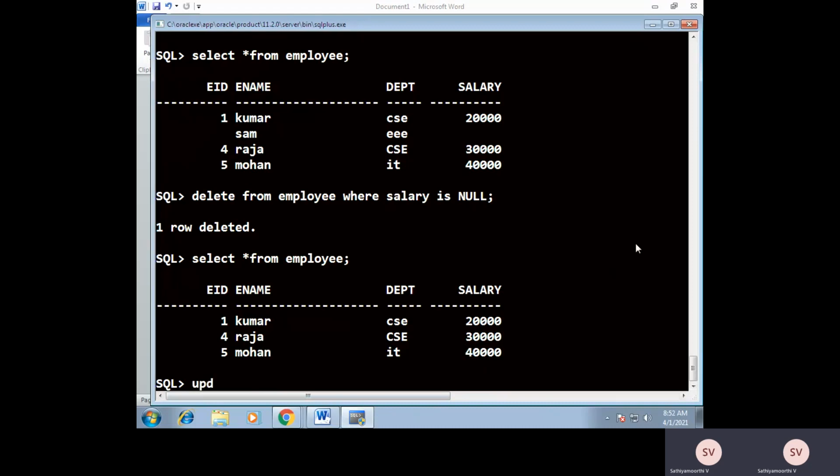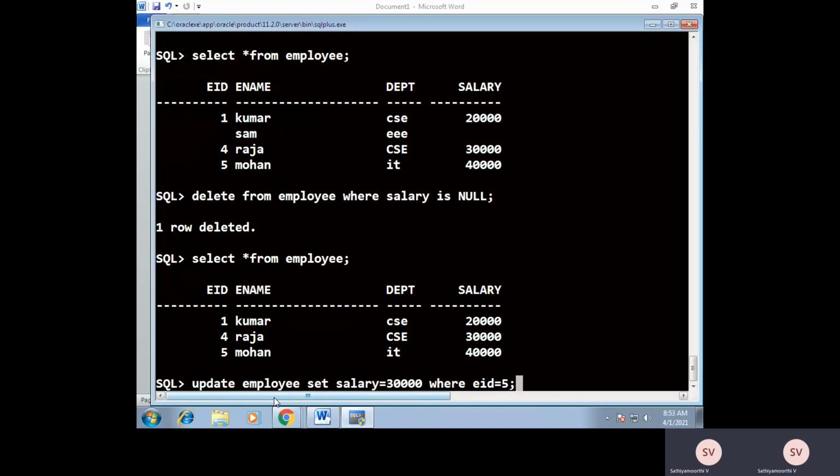For that, we have to execute the update command: update table. What is the table I'm going to update? Employee. Set. What is the new value I'm setting? Salary equal to 30,000. Where? To which record are we updating? Where employee ID equal to 5.